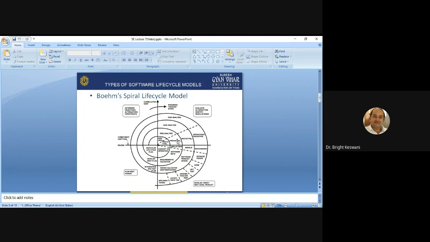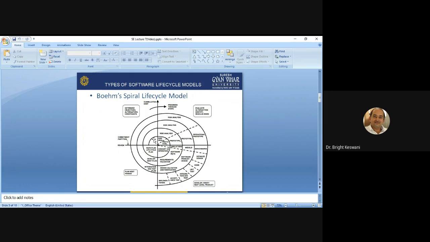We can say there are four spirals in this illustration, and it starts with the identification of user requirements. So each cycle begins with the identification of the objectives of the portion of the project being elaborated in this cycle,